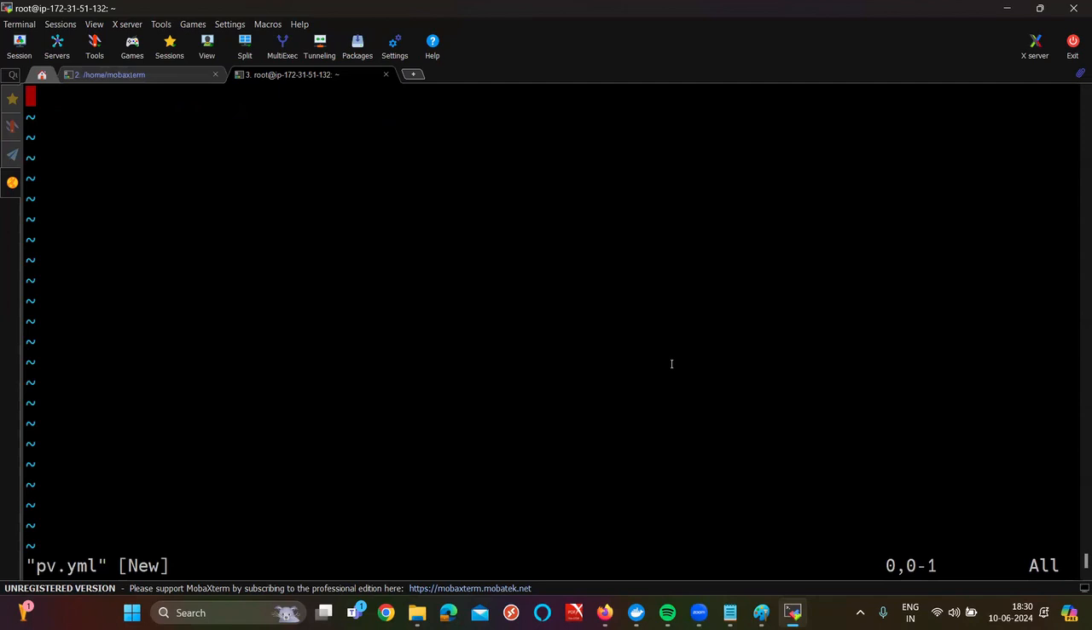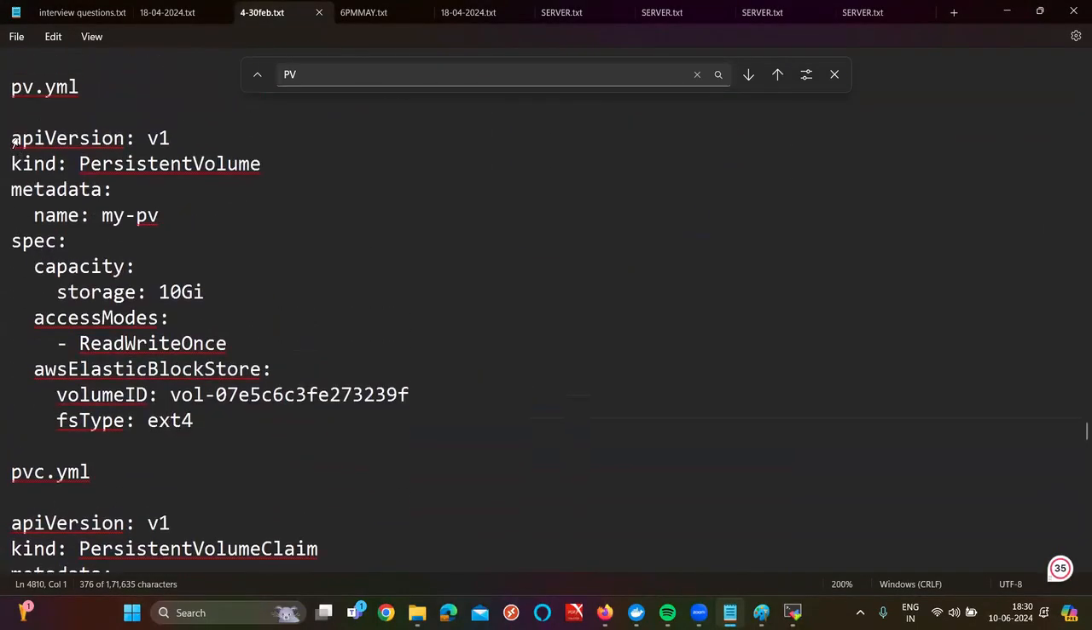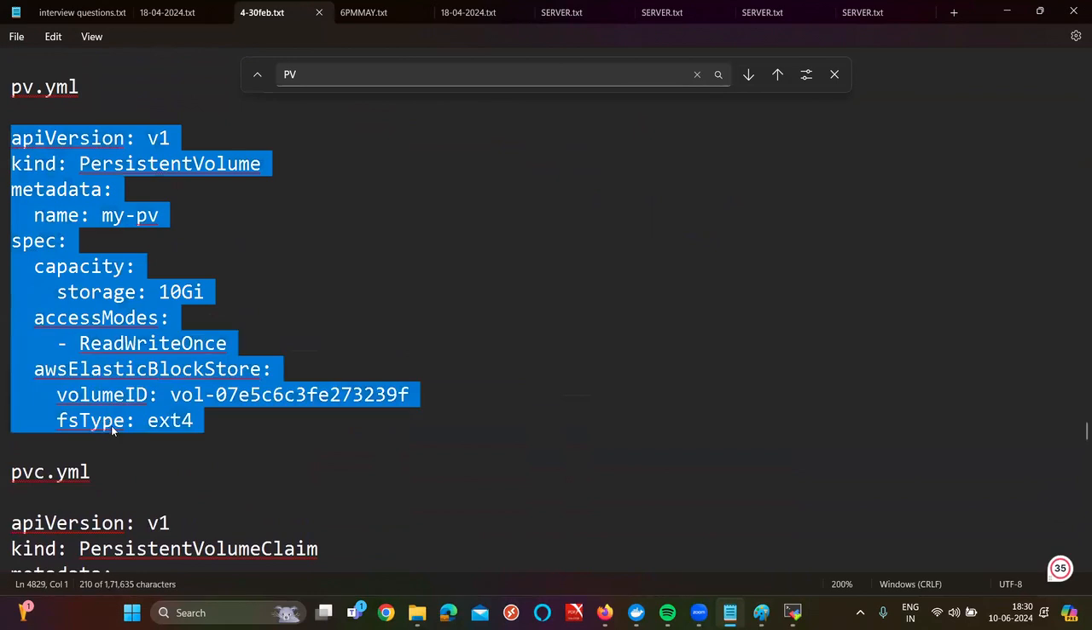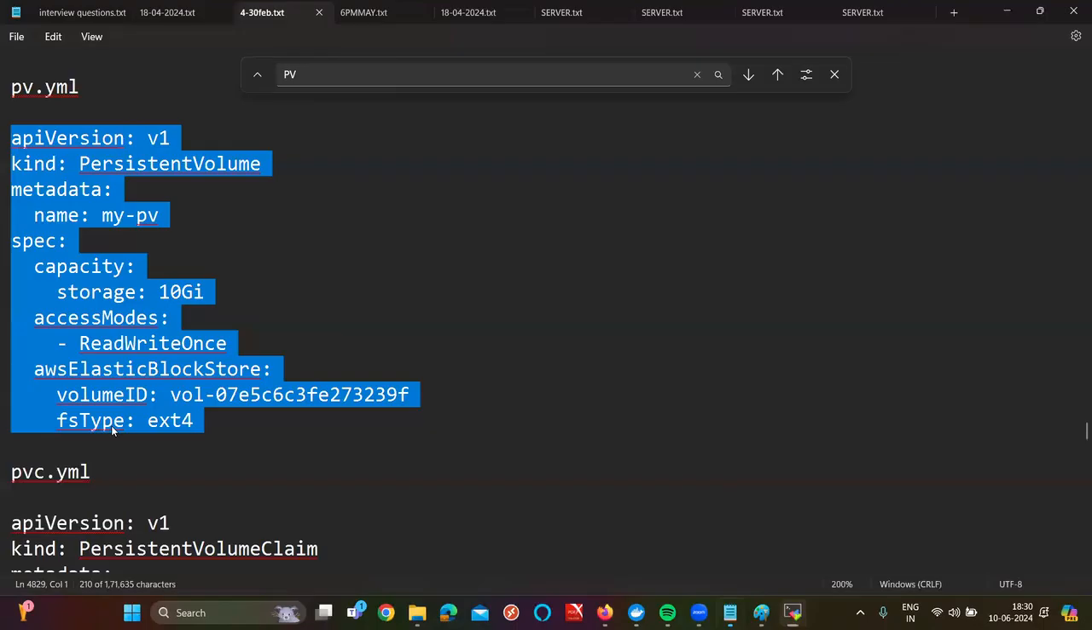API version, kind, metadata, and spec. So here I'm going to create the PV first of all. PV means our volume. Here we're going to take the EBS volume. If you can go and see,